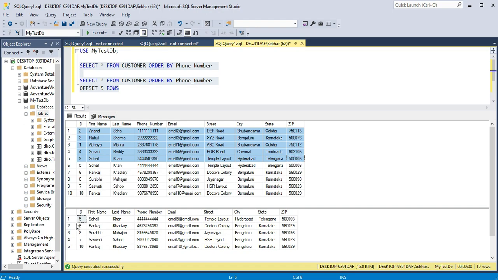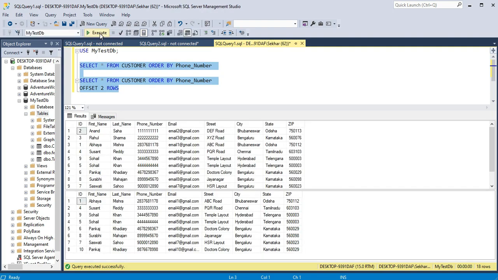It is only showing what is there after the first 5 rows. If you want to offset 2 rows, then instead of 5 you can write 2. Now records 1 and 2 are not there, and from 3 onwards you will be getting the records in the second query.